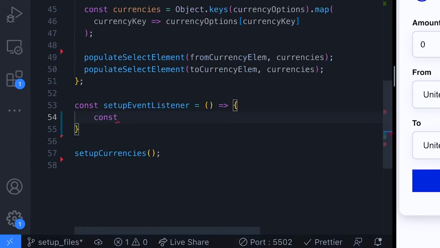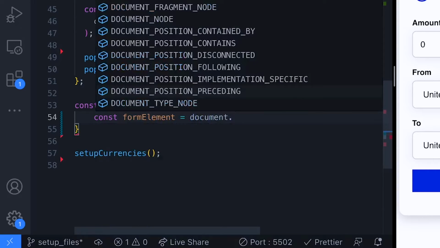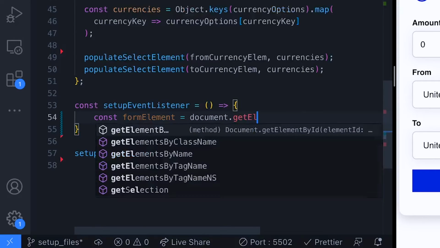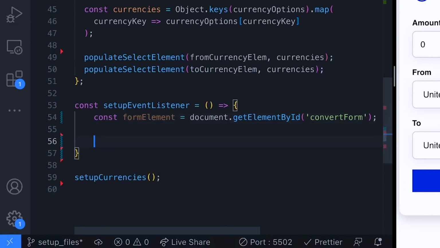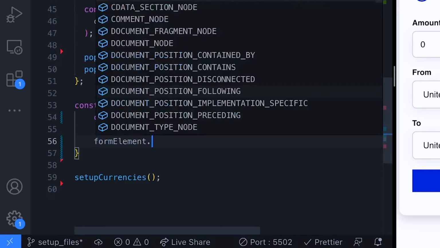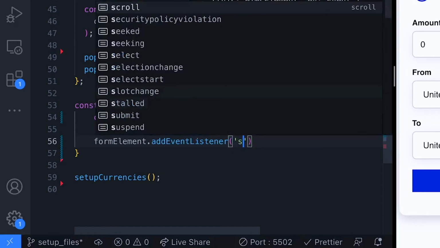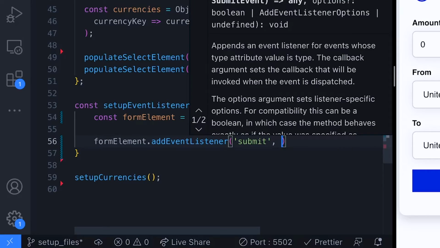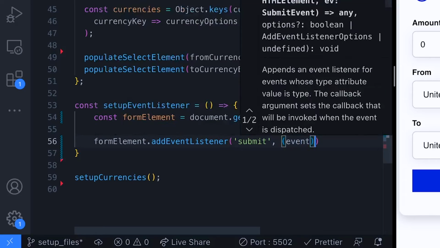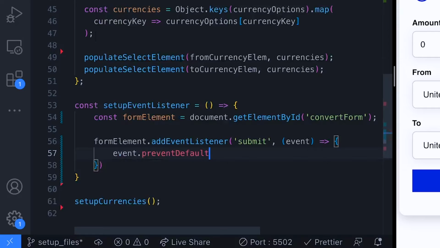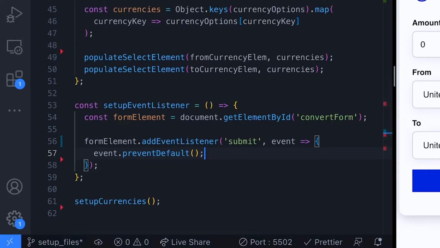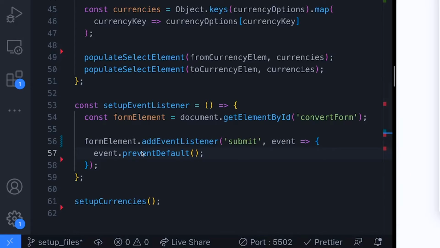And for this, we're going to need to grab a reference to the form element, which we'll do by saying document.getElementById, and it had the ID of convert-form. And then basically on that form element, we are going to add an event listener of submit. So this can be either triggered when the user hits return or whether the user hits the button, obviously. And we're going to have the event object in there because we want to call event.preventDefault